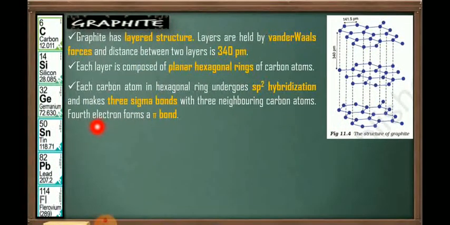And the 4th electron is free and it forms a pi bond within this ring. So